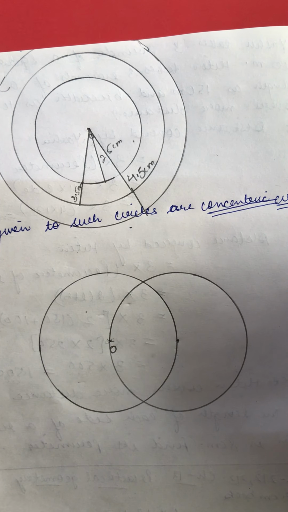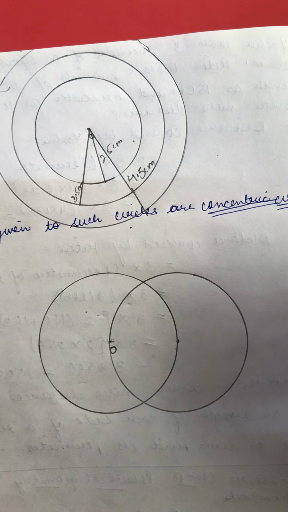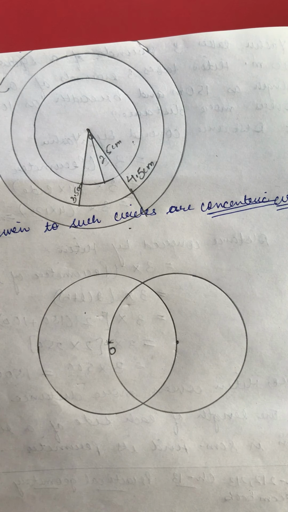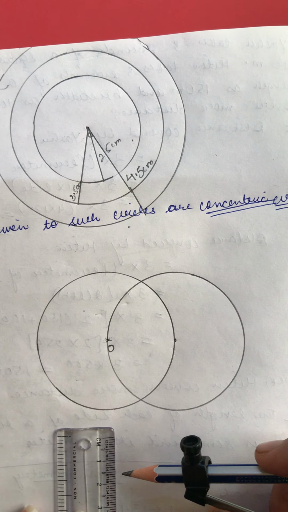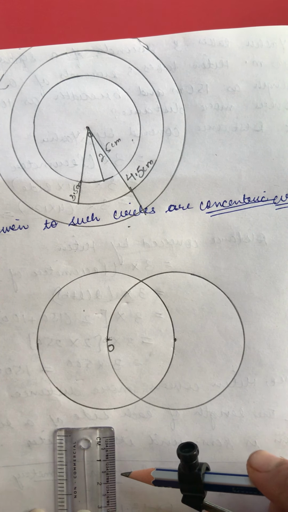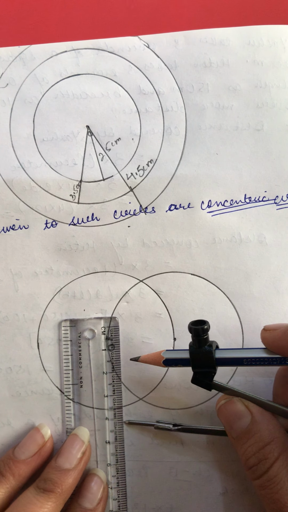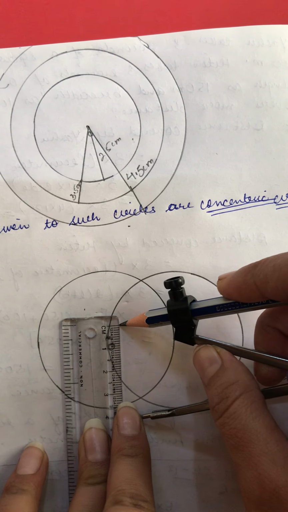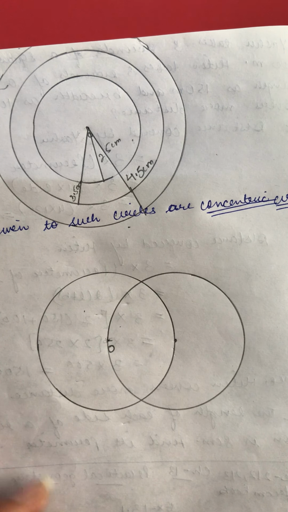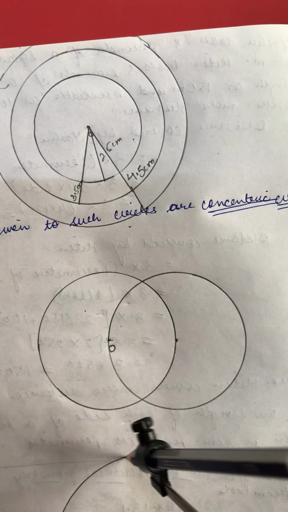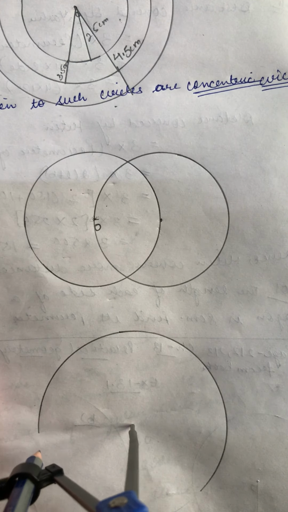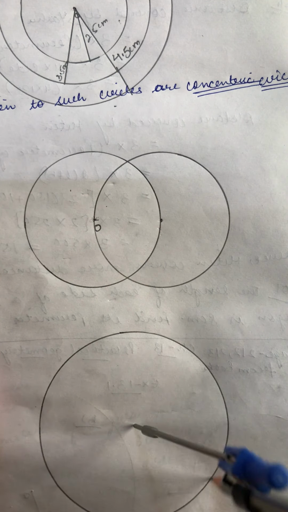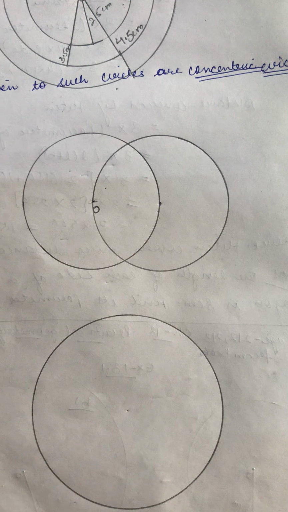Next, question number 4 is, draw a circle of radius 4.2 centimeter, mark points P, Q and R such that... okay, firstly let us draw the circle with a radius of 4.2 centimeter. So please open it perfectly. After 4 I am having 2 lines here, and mark this 0 point here on the pencil. Now draw a circle with radius 4.2 centimeter. So this is my circle with radius 4.2 centimeter.